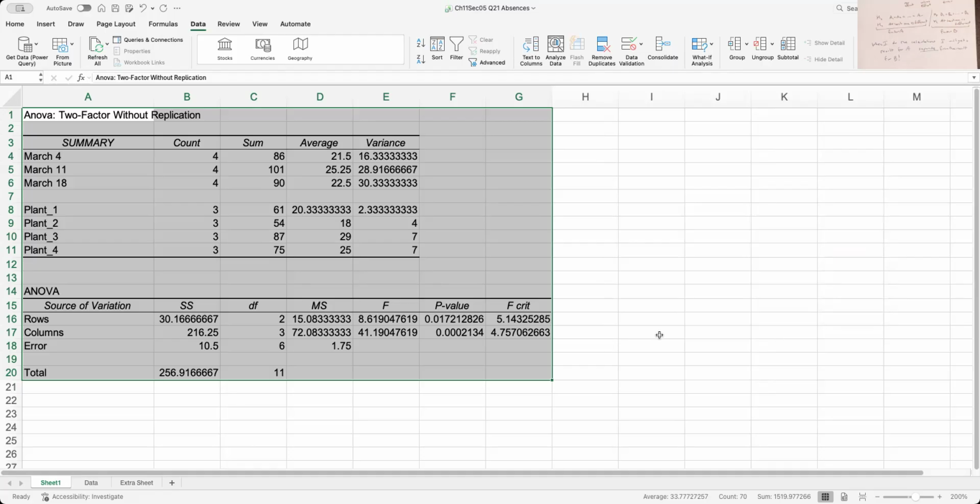So, does which row I am in affect absenteeism? My null hypothesis was that it didn't matter. So I need to know, do I accept or reject that null hypothesis? For the rows,